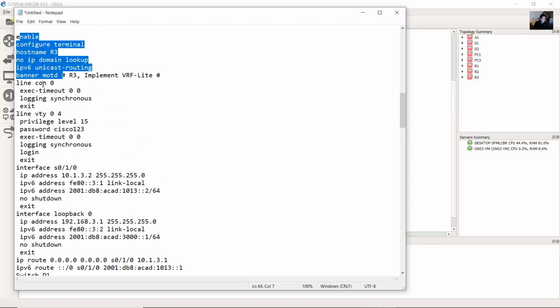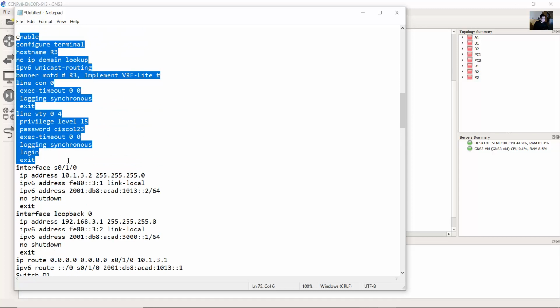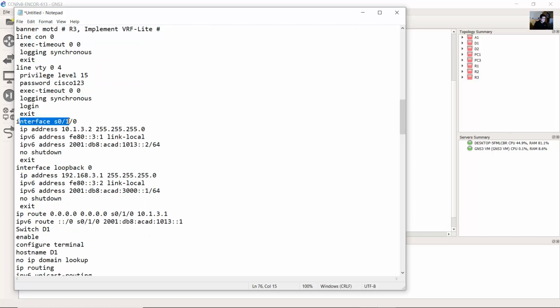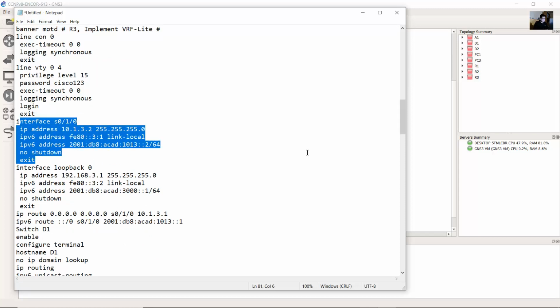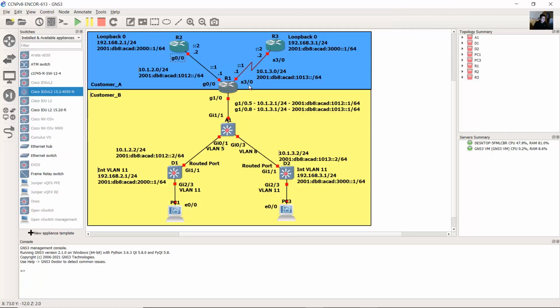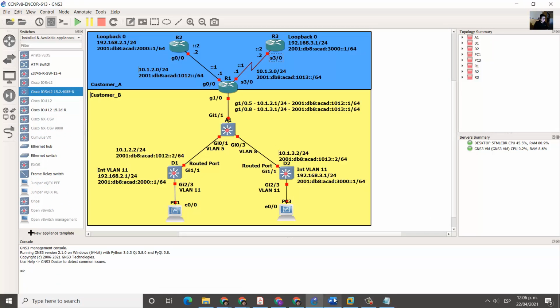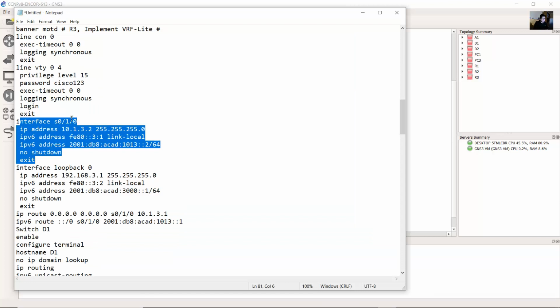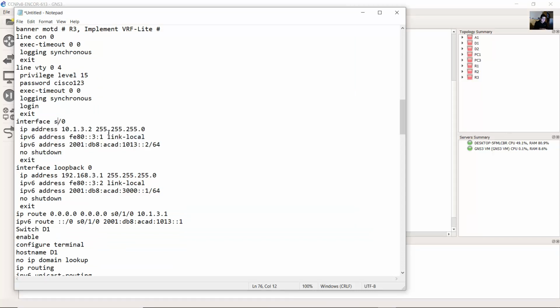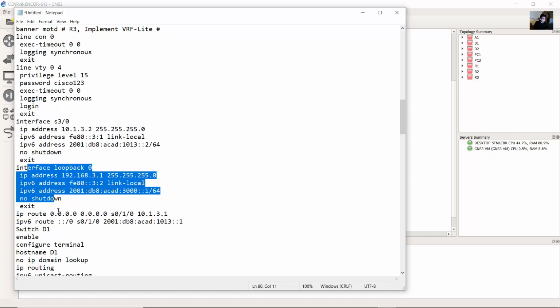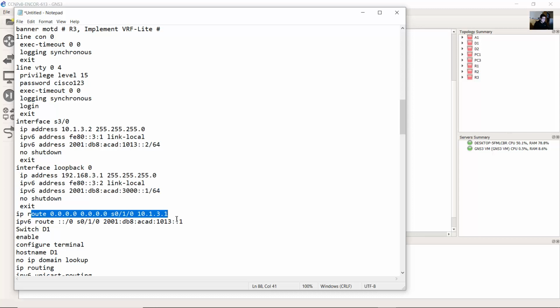Enable, hostname, banner, lines, serial 0/1/0. In my case, on R3, serial 3/0. Okay, use 3/0. Loopback interface, IP, static route,